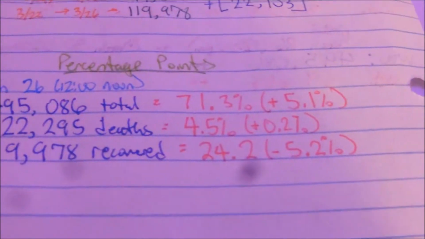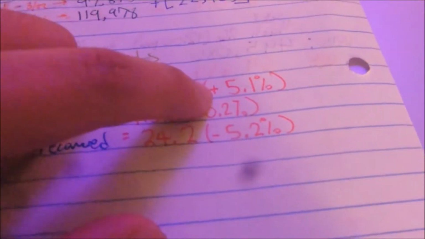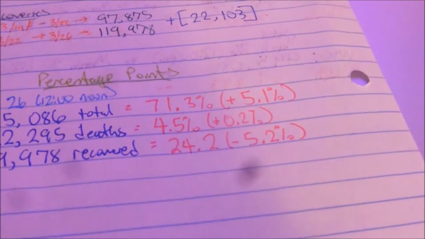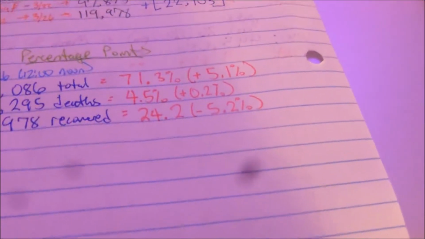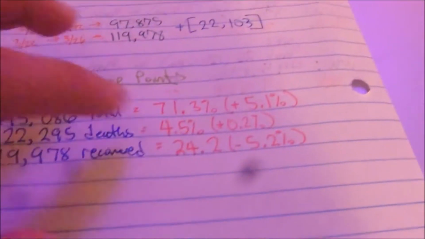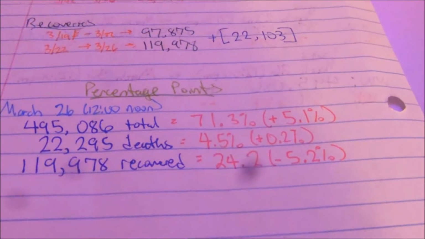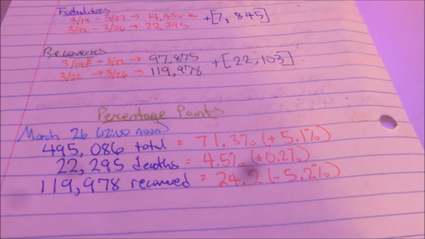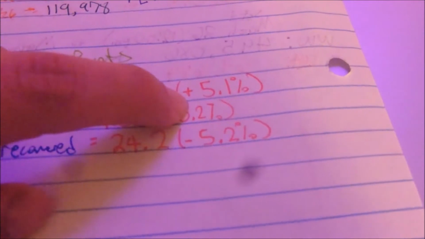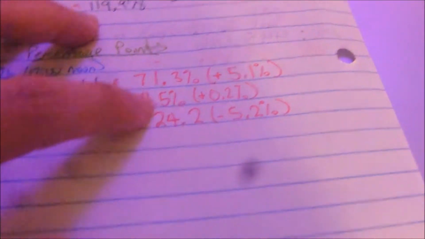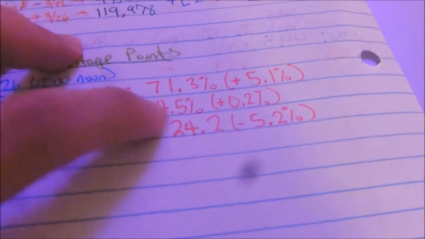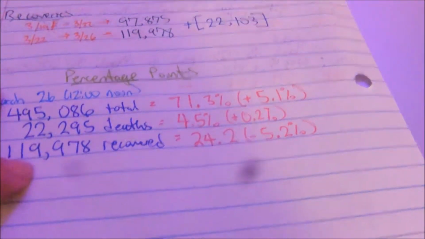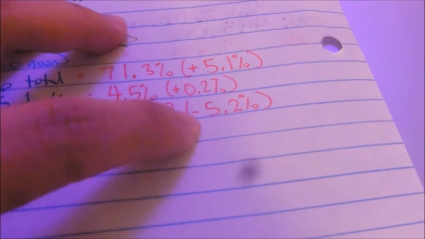Now, sadly, percentage points wise, they're all in red ink, because the total number of cases worldwide, sorry, let me restart that. So as of the 26th, with these numbers here, 71.3% are currently recovering. They at least are still battling the virus. That is up 5.1%. The number of deaths worldwide in relation to the number of cases has risen 0.2% to 4.5. Still a low number, but I just do not like that deficit here,